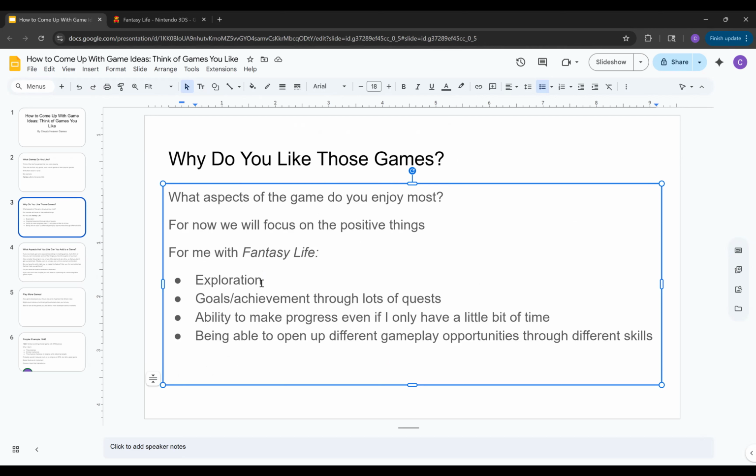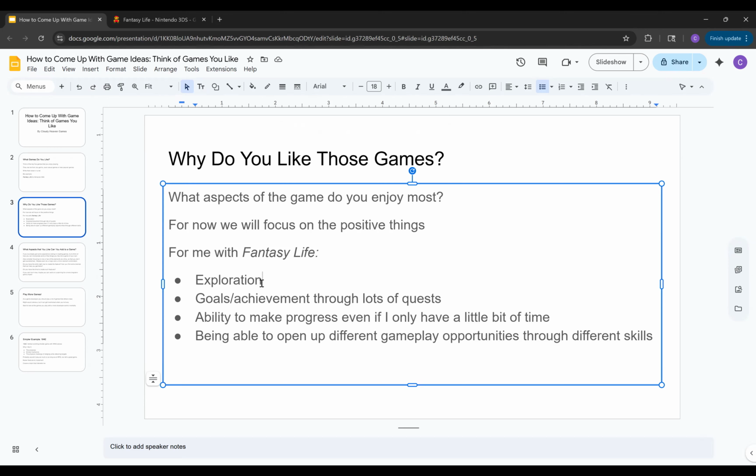And level planning is a skill, right? Maybe you're not that comfortable with making a good in-game world that people can explore, right? Or being able to open different gameplay opportunities through different skills. It takes some work to have 12 different job classes, from an implementation point of view, right?